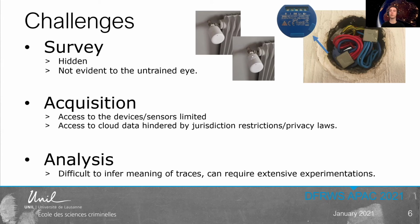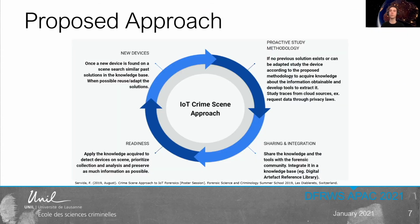Access to data on cloud services is generally met with constraints due to jurisdiction and can thus be a long process. Finally, even when the data is obtained, the meaning is not always clear, and understanding these traces may require extensive experimentation. In light of the value of these traces and the challenges in obtaining and exploiting them, we propose